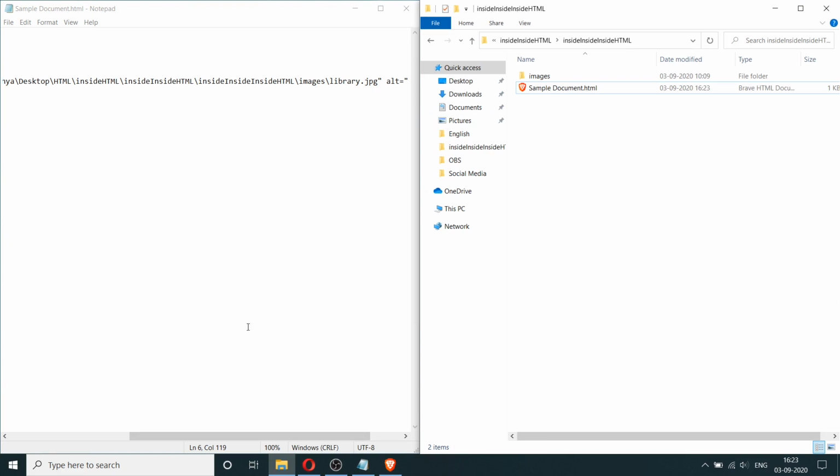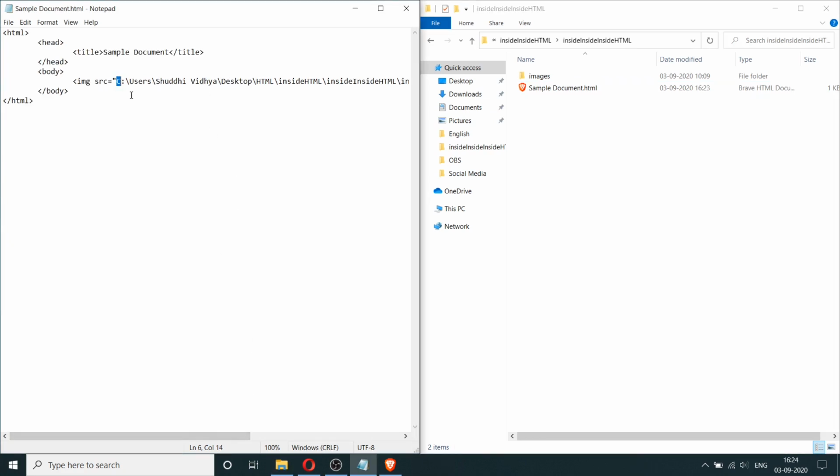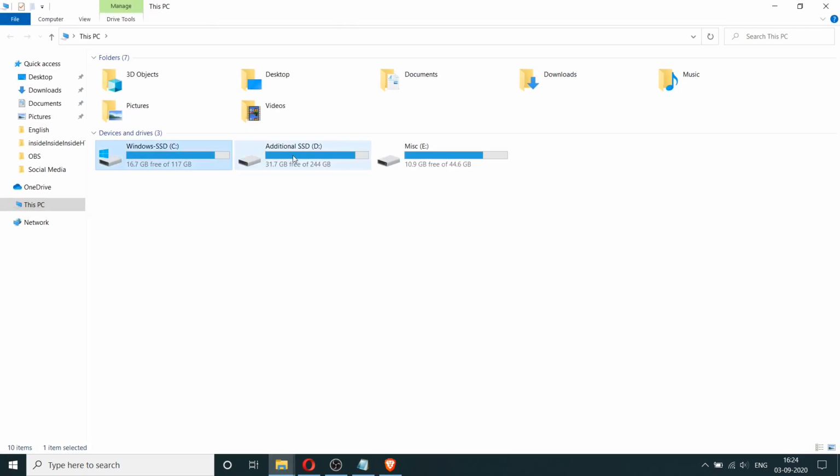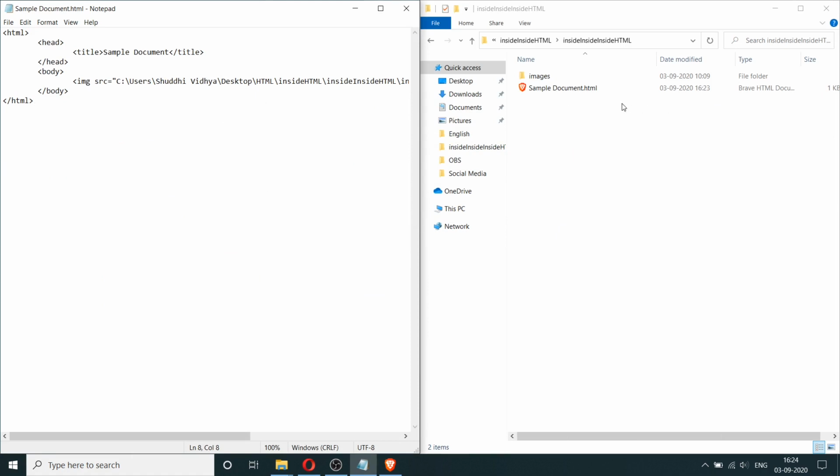Now if you look at the address for this, it starts from the C drive. Okay, so to understand this file path, you need to know that the hard disk is a physical drive, and within that there are these partitions, and C drive is a certain partition. So here you have the C drive, the D drive, and the E drive. In Windows, C drive is typically where all of the system files are and where your desktop is, and you can see that our image is actually in the desktop.